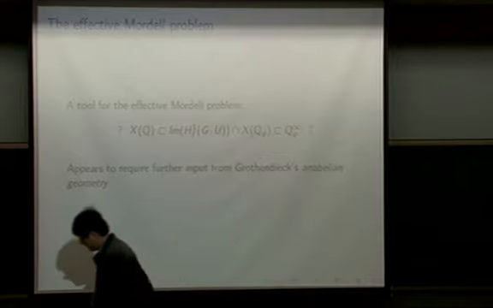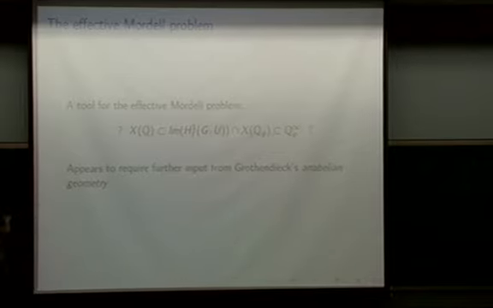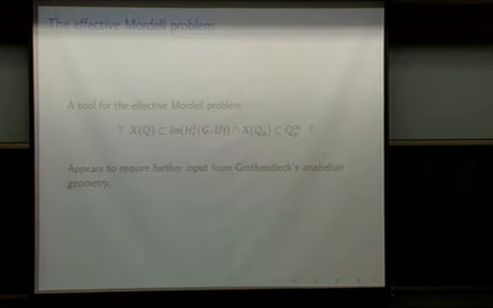At the moment, there's some strategy in place for computing this, which I'd be happy to discuss in detail with anyone who's interested. But it seems to require understanding some aspects of Grothendieck's ideas of non-abelian geometry from the 1980s in much greater detail. But at the moment,